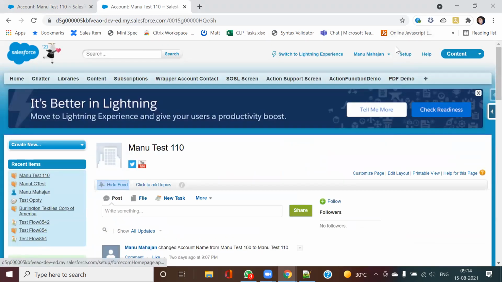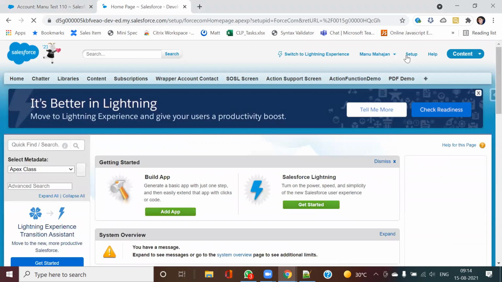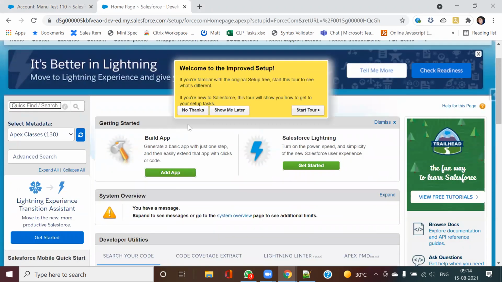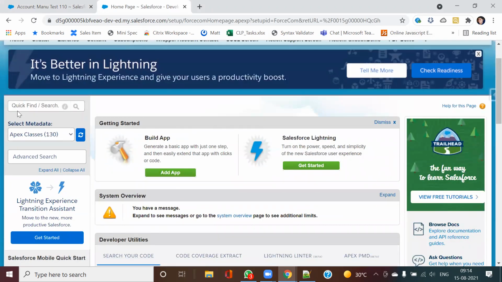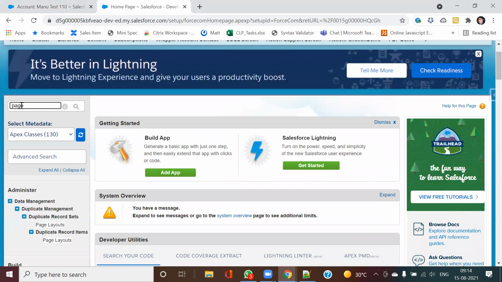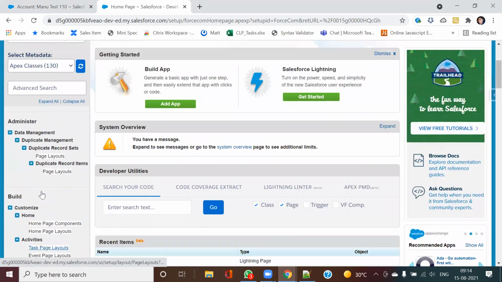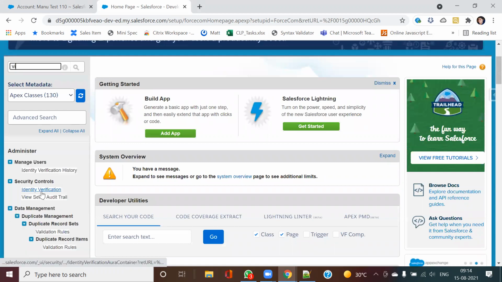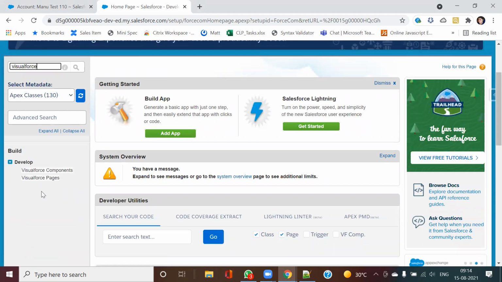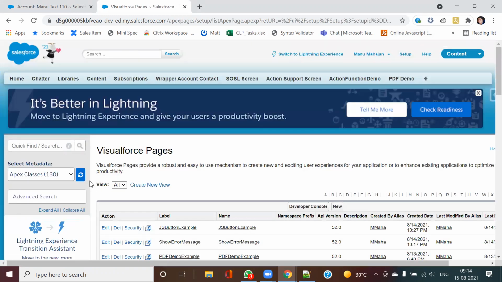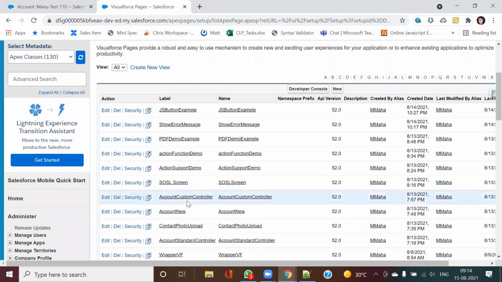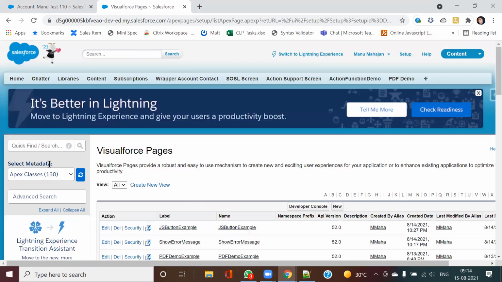I will now go to my setup. There I will go into pages. Before going to the Visualforce page, I will also show you how this has been created.